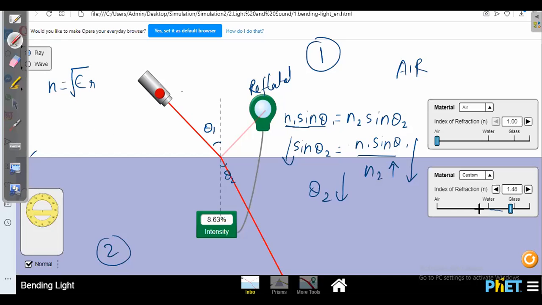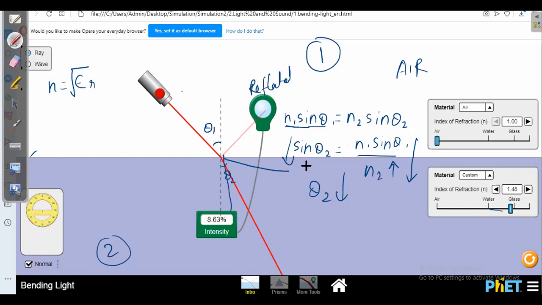So what we have understood: when light goes from one medium to the same medium, if the medium is not changing, you will get only a single wave. If it is going to some other medium, the wave will get refracted. In which way does it have to go? Theta 2 has to decrease, so the wave has to come this way only. It cannot go that way. That is not at all possible, because it has to follow these formulas, rules, Snell's law.